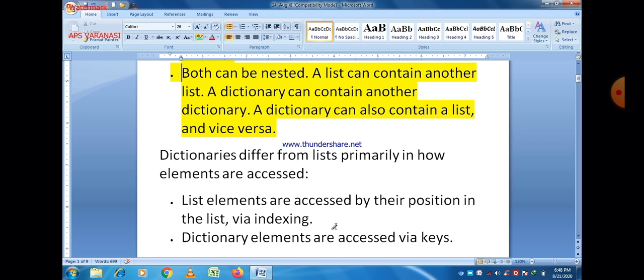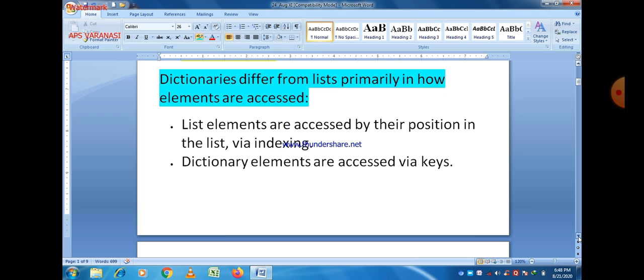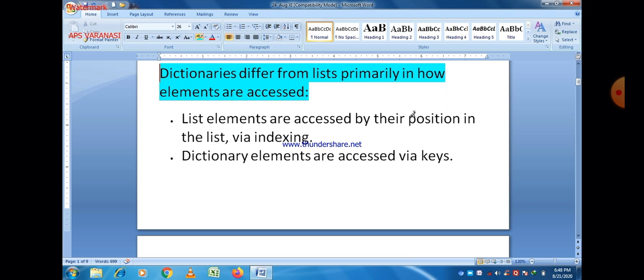That is the major difference between a list and a dictionary, and that is the key feature of a dictionary: we can access elements using keys.